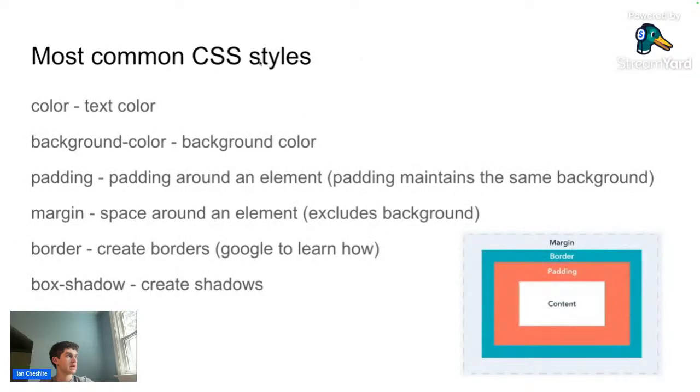All right, so here's the most common CSS styles. So we have color is the text color, background color is background color, padding is the padding around an element, margin is the space around an element. We'll go over that in a minute. Border creates borders. The border property is a little bit complex because you have to do